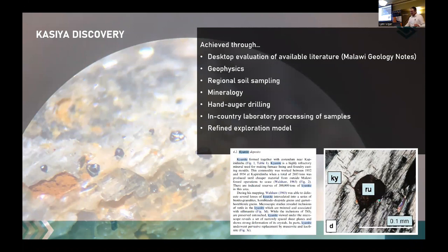So the discovery of Kasiya, now the biggest rutile deposit in the world, was achieved through our understanding of how the rutile occurred from our graphite work, desktop work evaluating all of the historical bulletins, geology bulletins and maps, geophysics. Then we understood that rutile concentrated in the near surface, so soil sampling was an obvious way to go. Mineralogy, making sure we were looking at rutile, not at other titanium minerals like ilmenite, etc. Then we went to a very low-cost drilling method, hand-auger drilling, which enabled us to cover a lot of ground